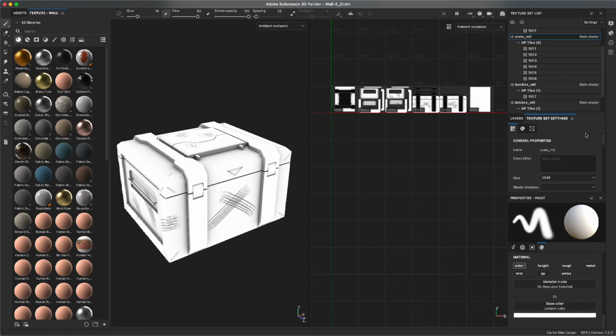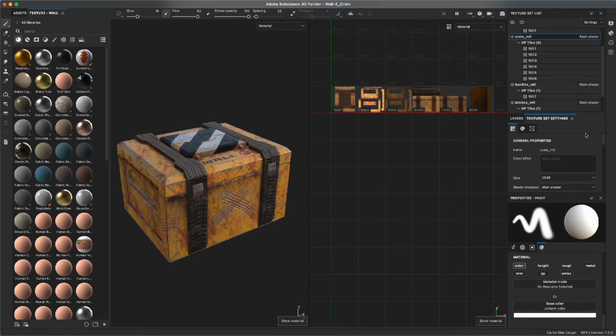For my crate, for this example, if I click on M, you'll see that I've gone in and textured this crate already, and it's WALL-E themed. I just looked up a picture of WALL-E online, and then I got silly and decided, okay, how can I apply WALL-E to this crate? I'm going to walk you all through how to paint this WALL-E crate. You can do any type of crate you want, but I'm going to show you how I approach this crate. But before we do, we're going to take a step back